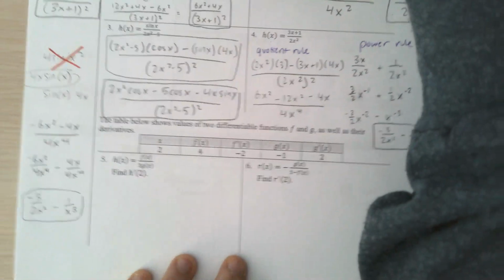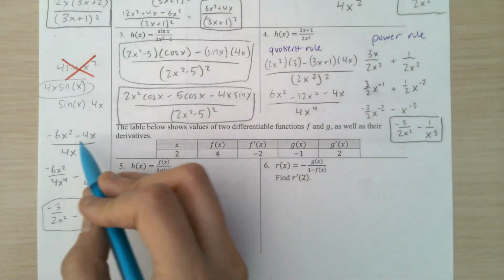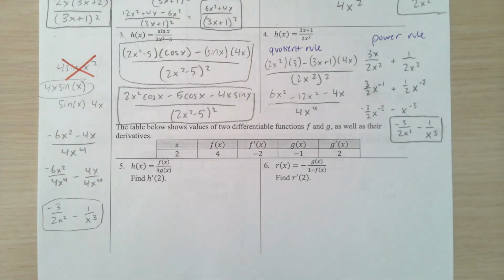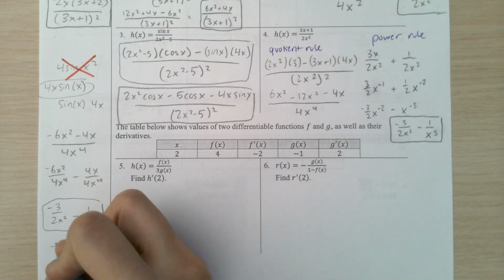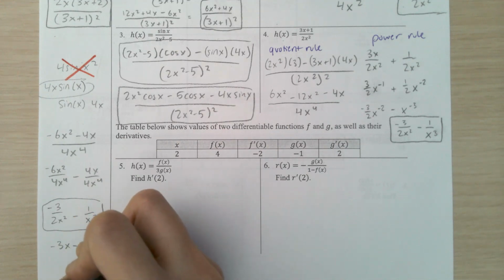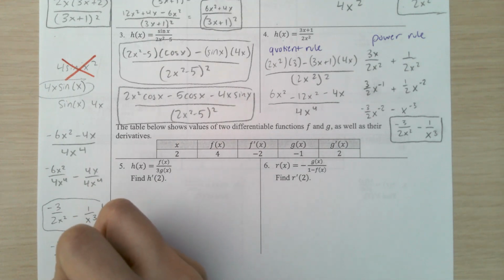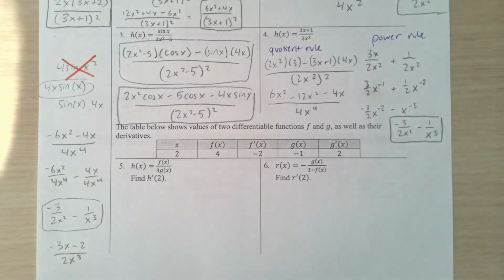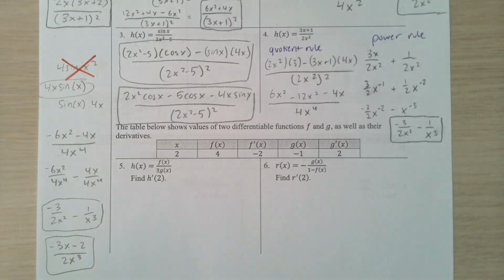You could also write it as, you could just go back up to this one and you could pull out like a 2x. So we have negative 3x minus 2 over 2x to the third. Few correct answers. Okay, so now we're going to do this one with the table like we did with the